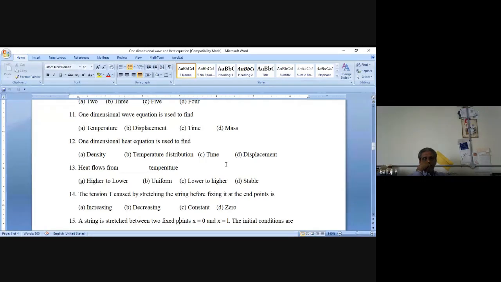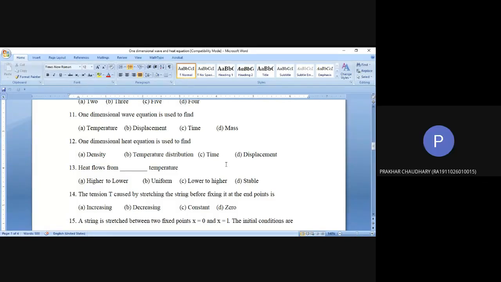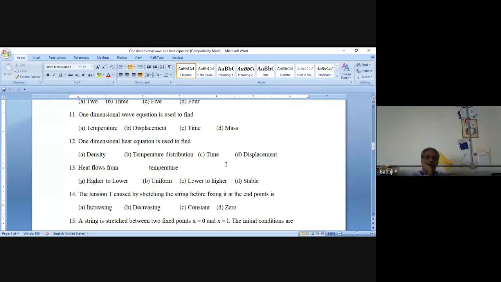See, you people are not in front of me. Just even Google it and see, at least open the textbook and see. Nobody will catch you. You can do at least some criminal things. Tell me the answer. I will be the happiest person in this universe. Don't sit idly. Try. You can try the answer seriously, whatever you can do. No problem. Tell me the answer. So 0. Note down. I don't know, I will find out finally. 0, or increasing, decreasing, constant, 0. Tell me. Then again, anyone? One boy said 0.